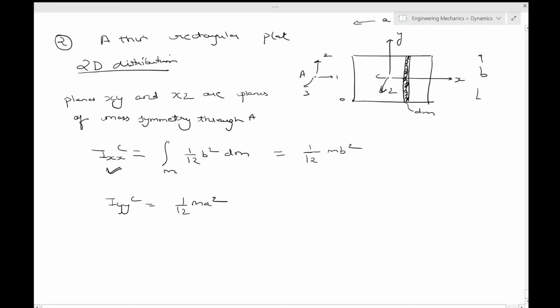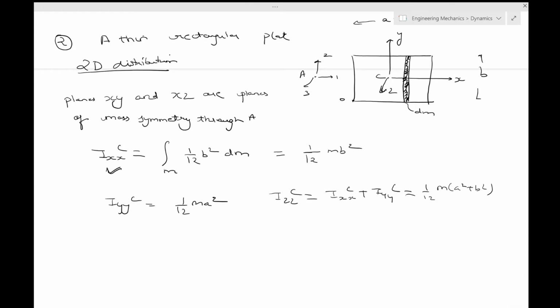So this is about C, and similarly you will have about z, Izz of C is equal to Ixx plus Iyy of C, which is equal to 1 by 12 m (a square plus b square). Okay, so let me start writing in red from now on. Okay, so you can verify this,